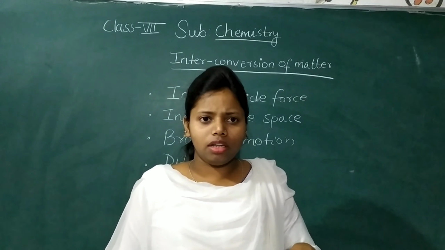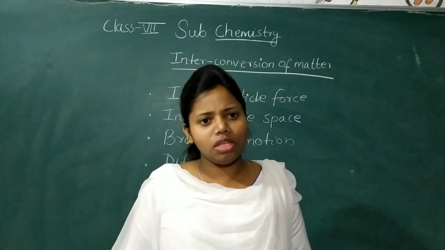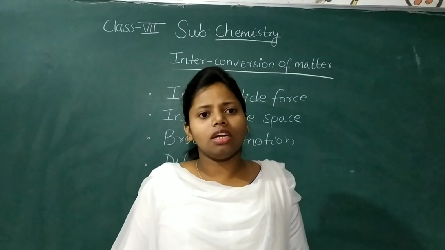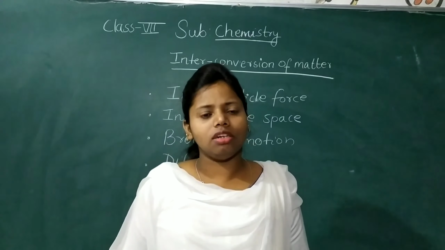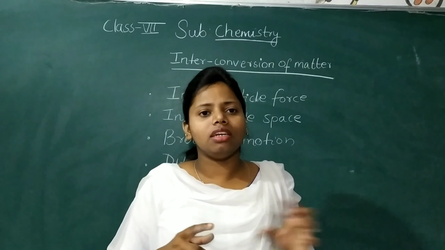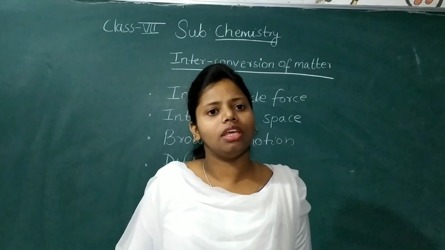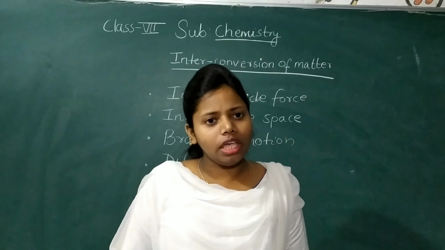So these dust particles which are present in the air, and air is a mixture of gases, which also has particles. The particles of the air are continuously colliding with the dust particles present in the air, so the particles of the gases are hitting the dust particles. That is why the dust particles are moving here and there, in haphazard, random motion. This motion is called the Brownian motion.